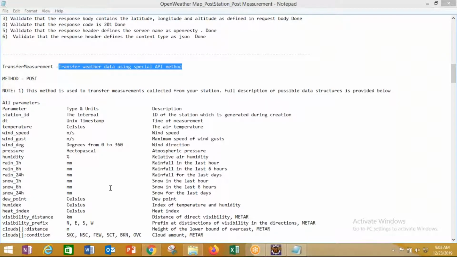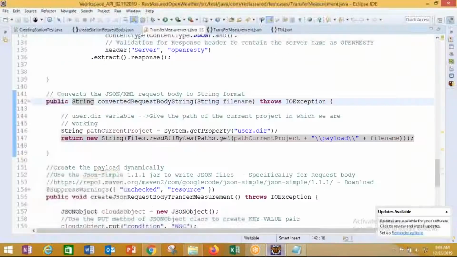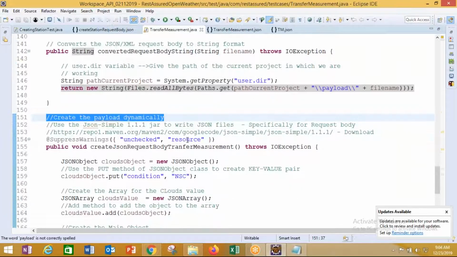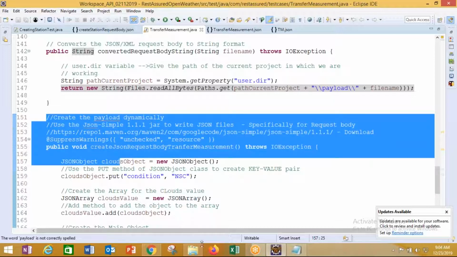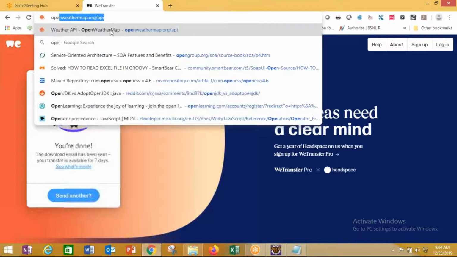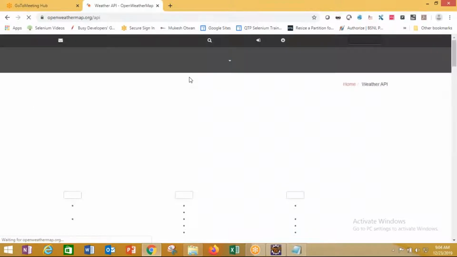So with the transfer of measurements, I showed you how to create a request body or payload dynamically. Now, please understand one thing: you are not creating the body by yourself. You need to understand what is defined in the document, that means the OpenWeatherMap document. So if you go to the OpenWeatherMap document out here,